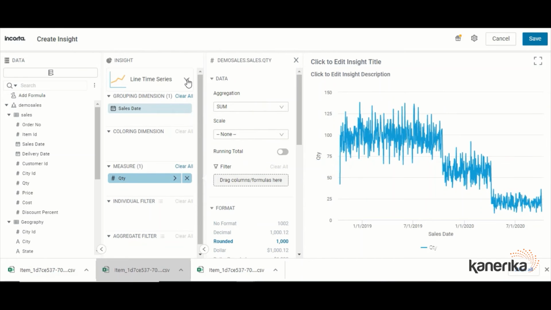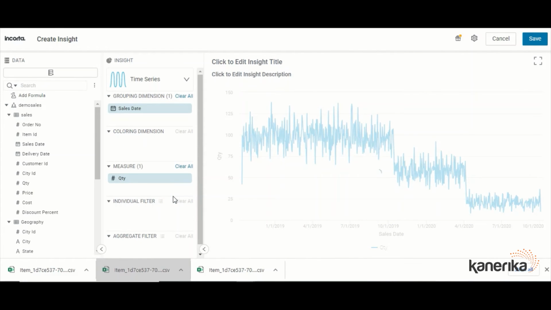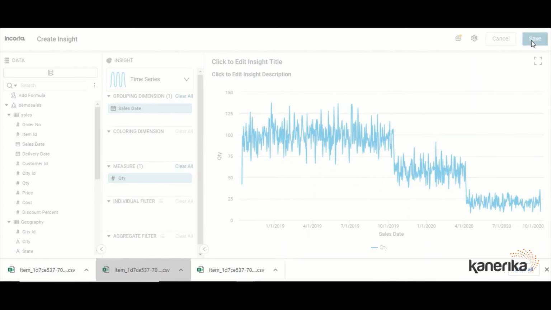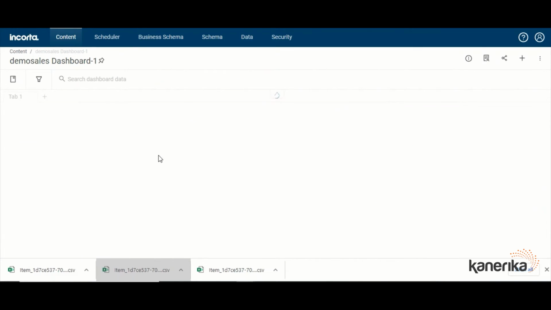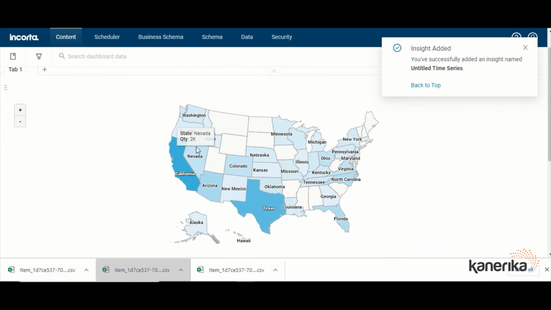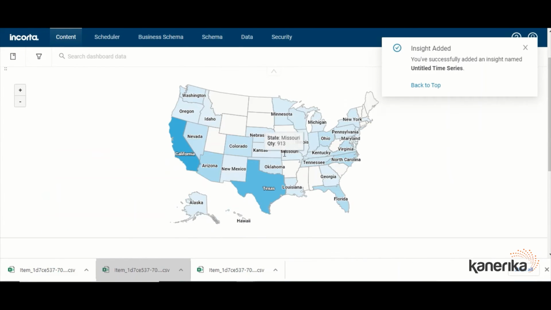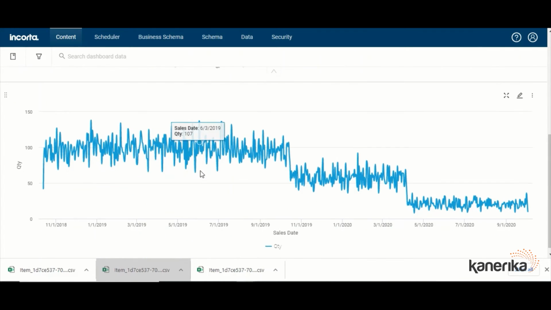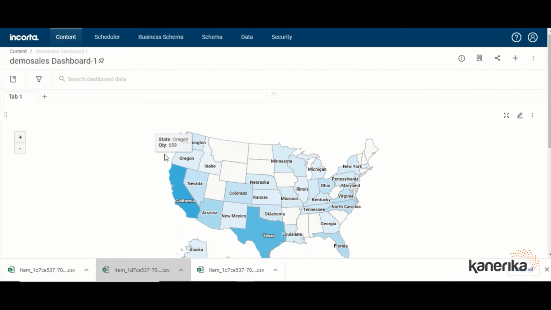Seems like we are able to get it. Let's see what happens if I use time series here. Okay, so fine. So let's save this visual also, and I'm expecting it would become part of the same dashboard, and it has actually. And you can actually resize these visuals. So there's arrangement you can do of these visuals. You can have two visuals side by side, but remember Incorta, when you are storing in Incorta is a dashboard,